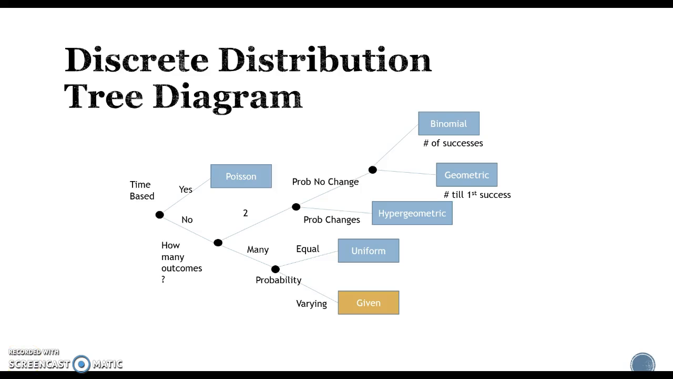So this is about given values in probability distributions. We're still not time-based. We have multiple outcomes, but last time our uniform distribution, because everything was equal. This time, our probability is varying. So think back to the addition and multiplication rules of probability. With multiplication, we're dealing with multiple outcomes, and their probability changes depending on if we replace it or don't replace